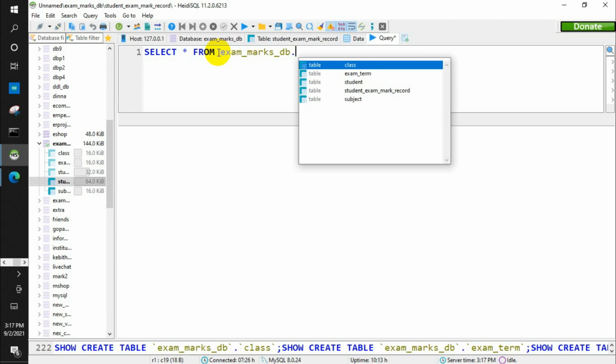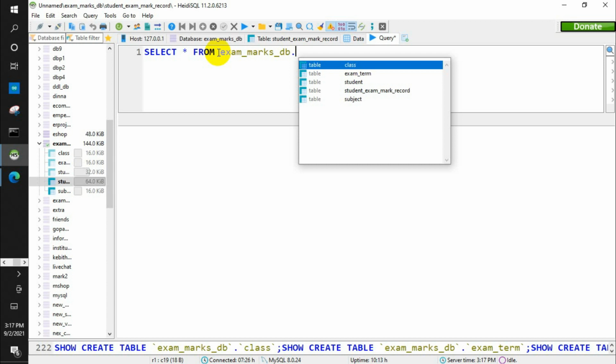Now tables are situated inside databases. So there can be two tables with the same relation name, but in two separate databases. So that's why we have to mention the name of the database.